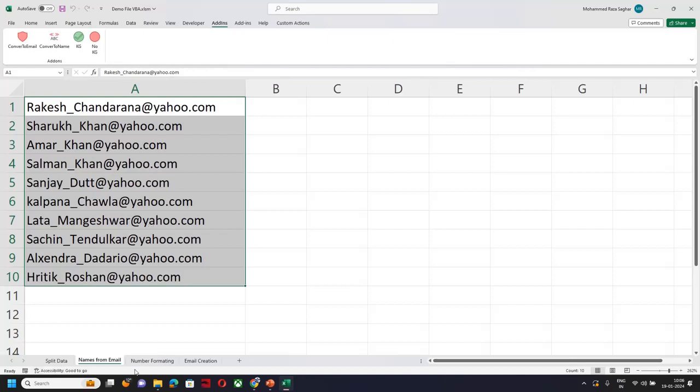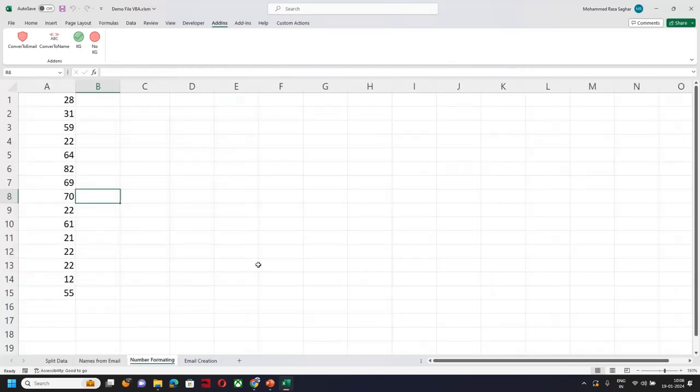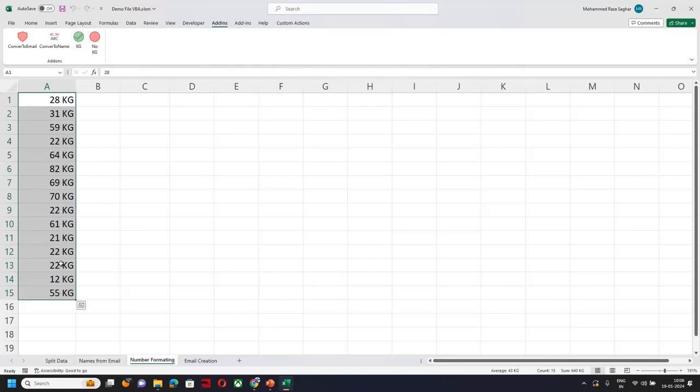Let me show you something more. Many times you have to format the numbers, format the data. This is how you can do it easily. So you select this. Let's say I want to convert these numbers to show as kgs. I just click a button. It is converted to kg. And if you look at it, this is not text. These are numbers, so you can see average, count, and sum here. If you want to remove the format, just click on it. The format will be removed. As easy as clicking buttons, right? This is another way or idea that you can use to simplify your day-to-day work. All right, interesting so far?